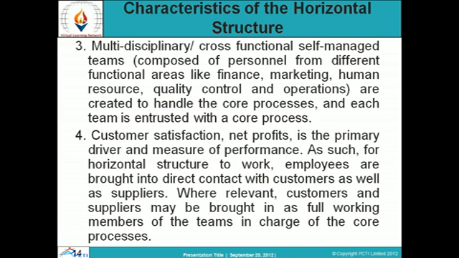Net profit is the primary driver and measure of performance. Yes, it is true. If the customers are satisfied, then we are able to get the net profit. As such, in the horizontal structure of work, employees are brought into direct contact with the customer as well as the supplier. Where relevant, customers and suppliers may be brought in as full working members of the team